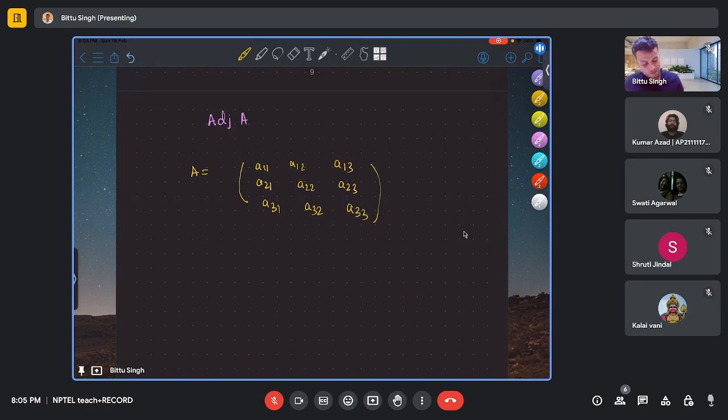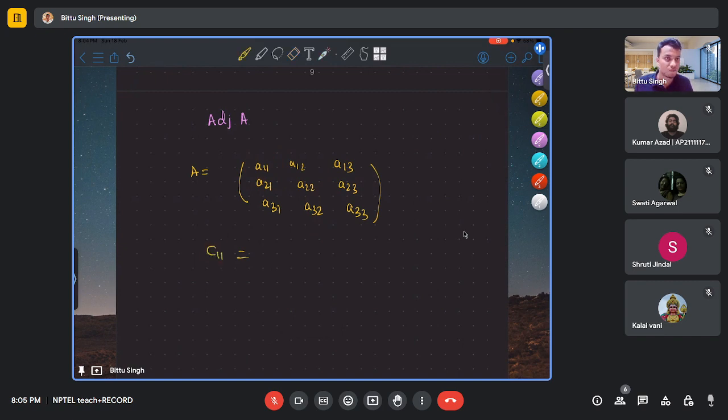Then you can take cofactor of any entry. So let us construct a new matrix C such that you can denote Cij, the entries will be same as, you just delete those row and column. For example, consider C11,